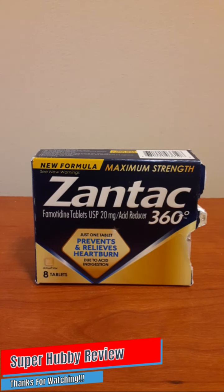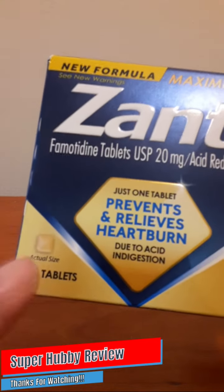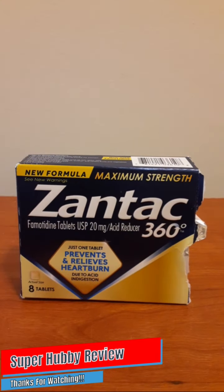And I guess my only complaint would be, 8 tablets. I'm really not feeling that. 8 tablets, Zantac. For that price point, if any Zantac employees come across this content, all I can say is, can a brother get a little bit more tablets? I'm gonna need a little bit more than 8 tablets for that price point. However, Zantac is very, very effective,